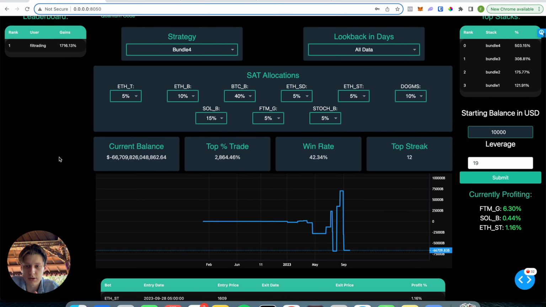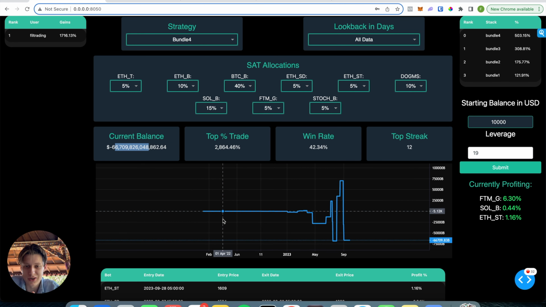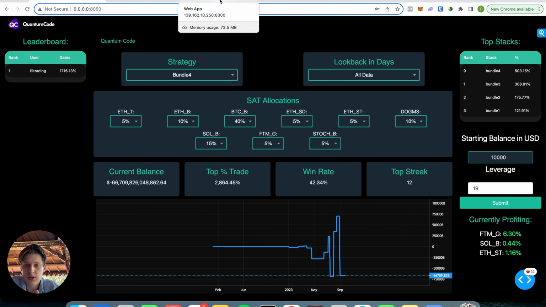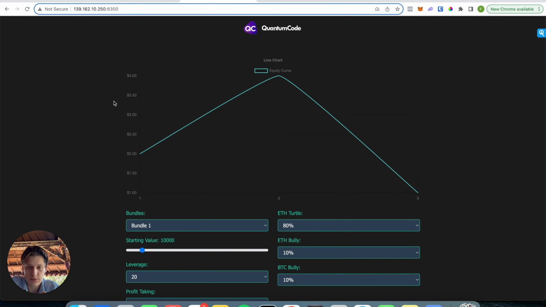So oh, there we go. Right, so it just broke, right? This is, by the way, something that never happens, but this just means that your strategy doesn't make sense anymore with that leverage. And the reason I showed this is because of this. So this is a simulator, right? And this simulator uses the data from the bundle and the strategies in order to simulate how we would trade something, right? So right now we're at bundle 1, right?